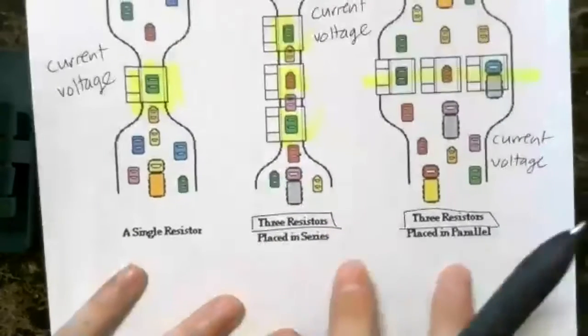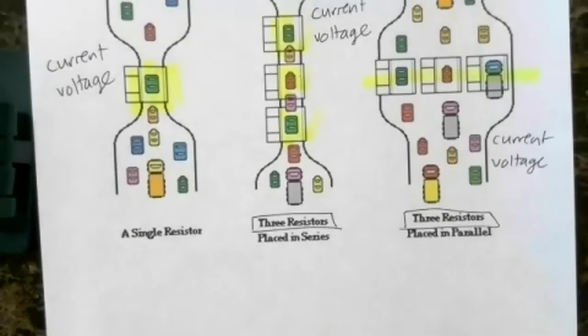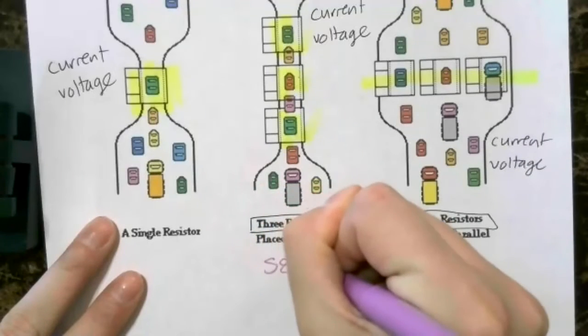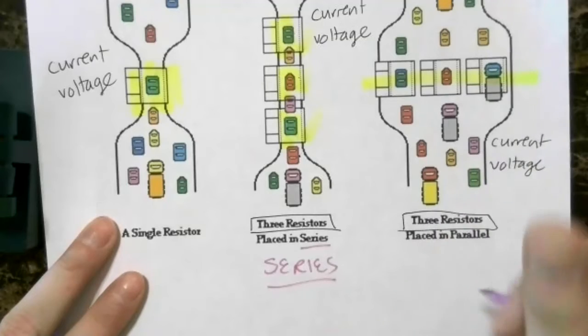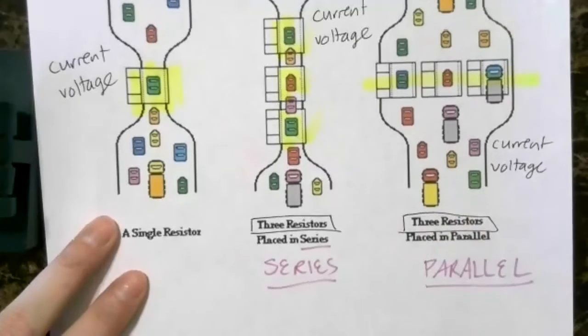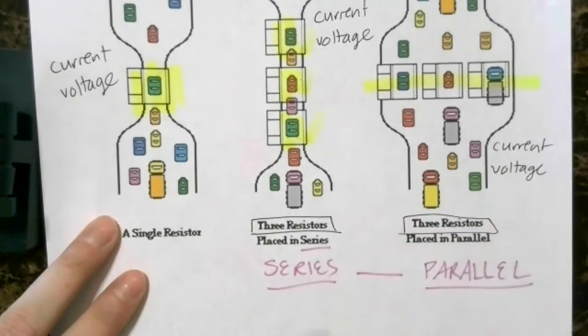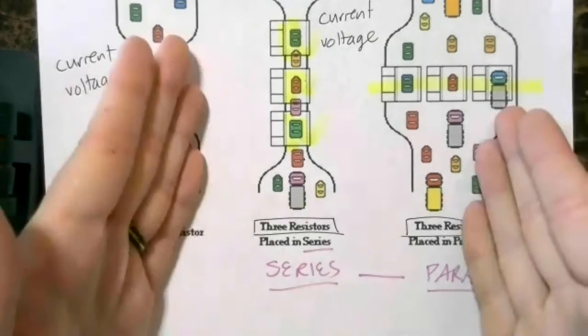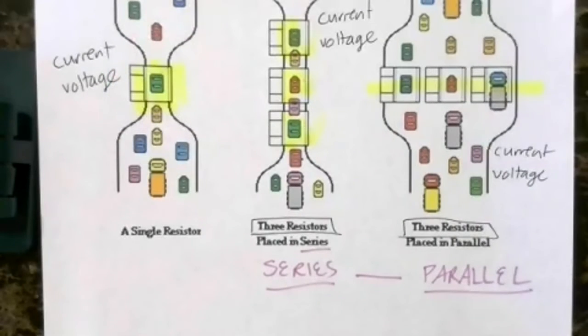So if you notice on this page, it says 3 resistors placed in series, or 3 resistors placed in parallel. These are the 2 main ways you can organize parts of your circuit. So let's take this idea and apply it to drawing a circuit. Questions, concerns, complaints up to this point? Okay, so